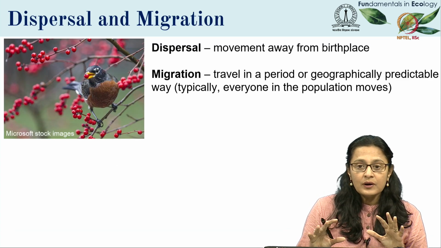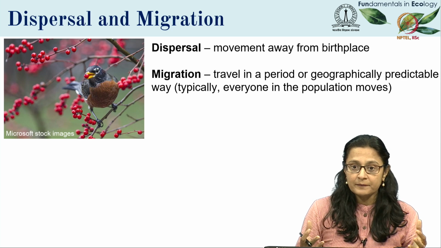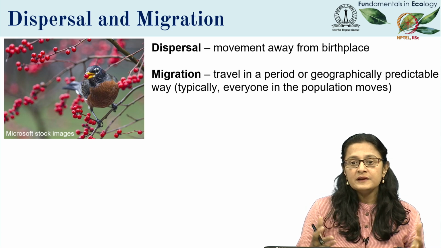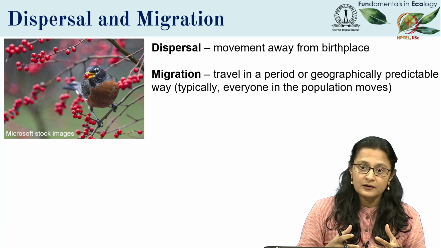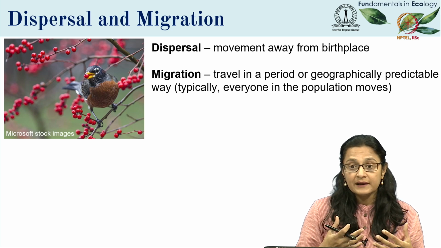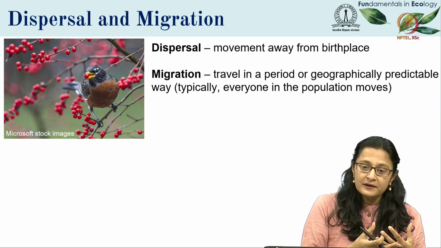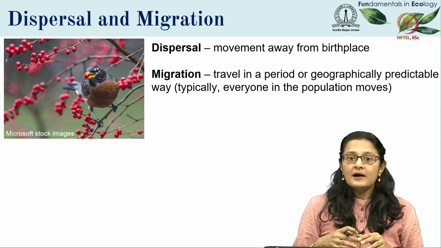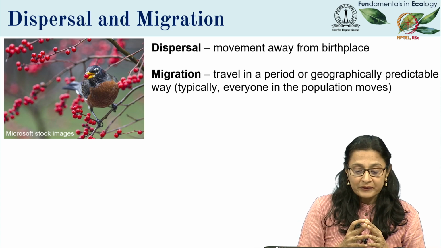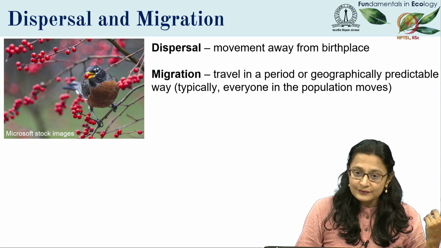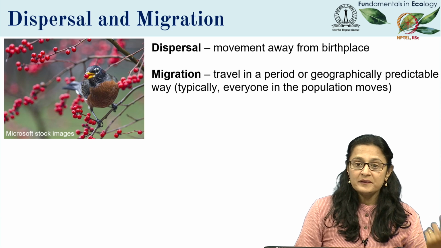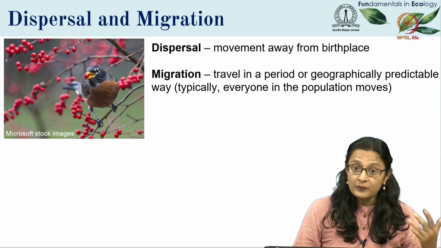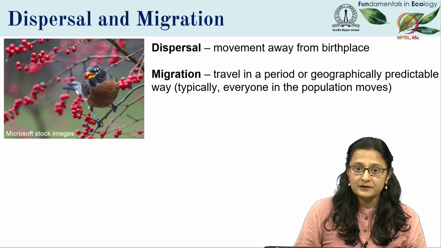I want to think of two special cases of movement. So far, with the example that I just showed you, we were thinking about movement within a home range or within a territory of the animal. And so we're considering things like its local dynamics, predator-prey interactions at that scale, or competition at that scale. But dispersal and migration are two special cases of movement that are usually long distances. When we think of dispersal, what we must understand is that it's the movement away from the birthplace or away from where the animal originated.